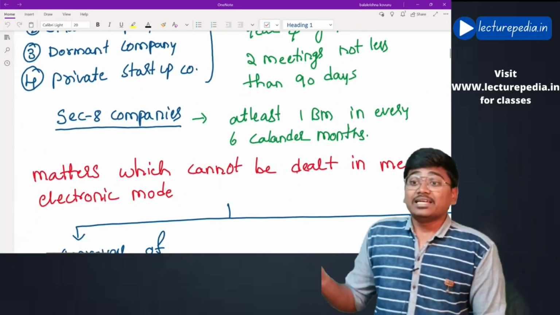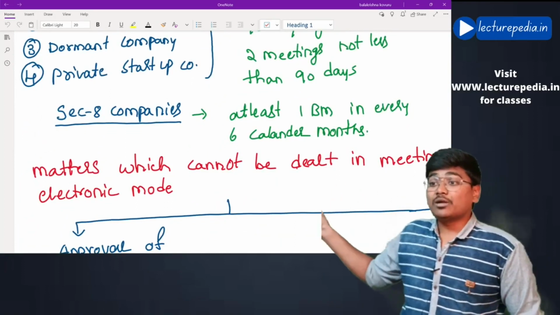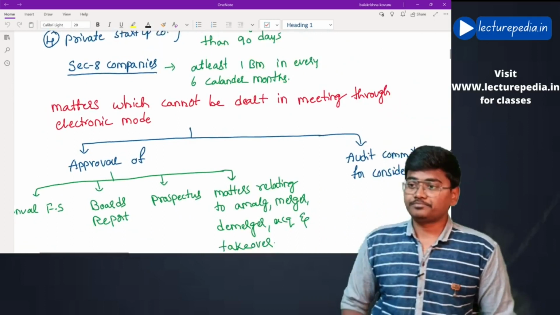In case of section 8 company, a section 8 company must conduct at least 1 board meeting in every 6 calendar months. Next,